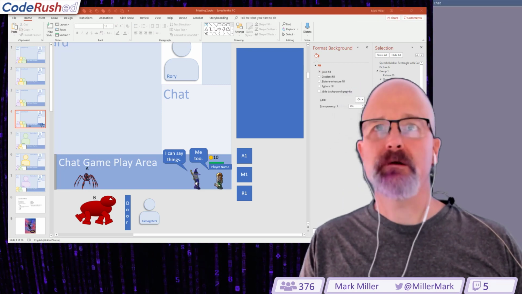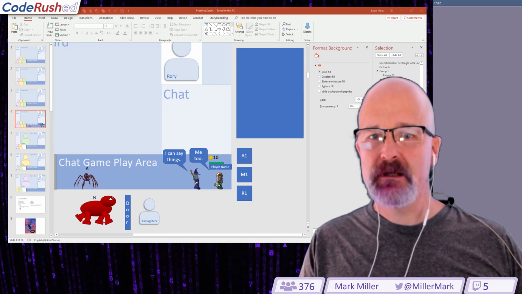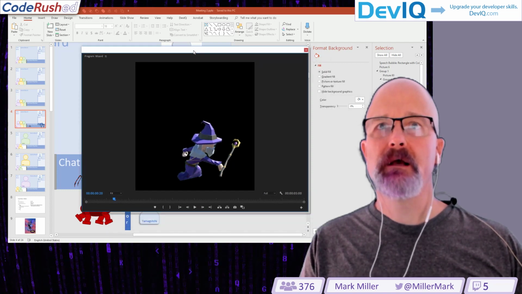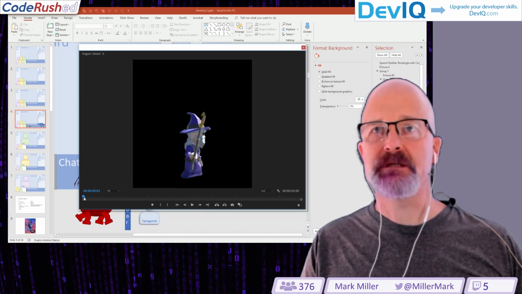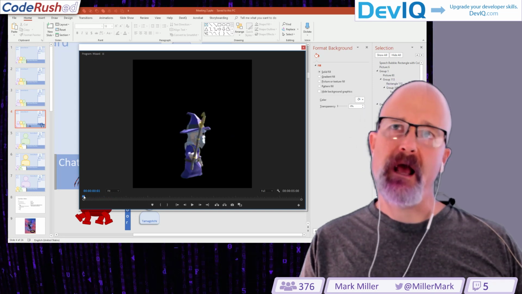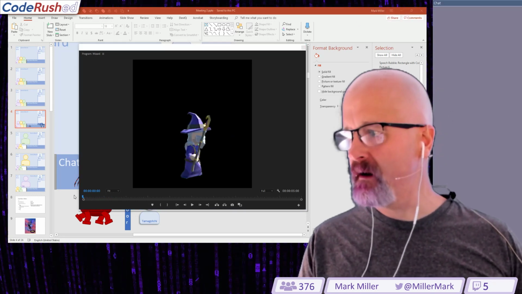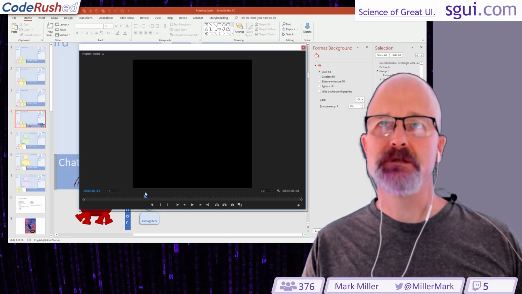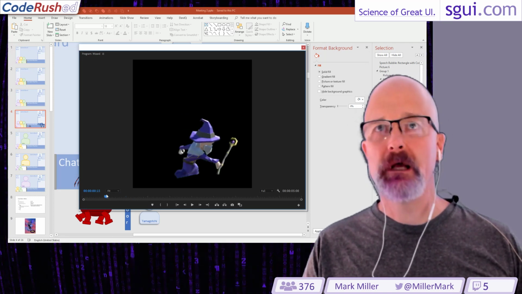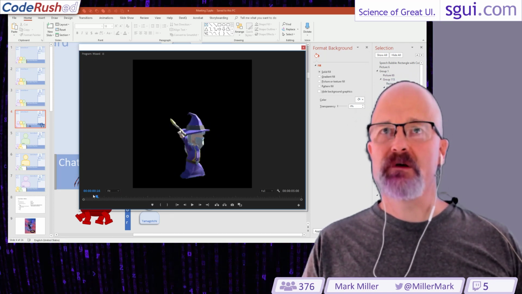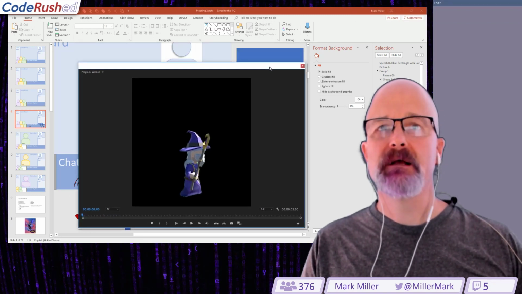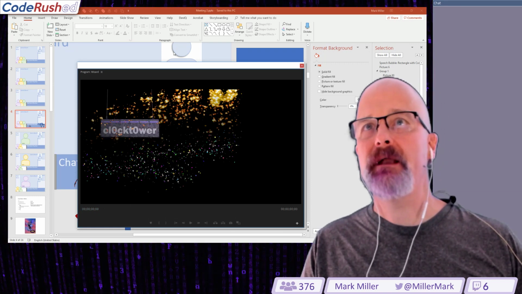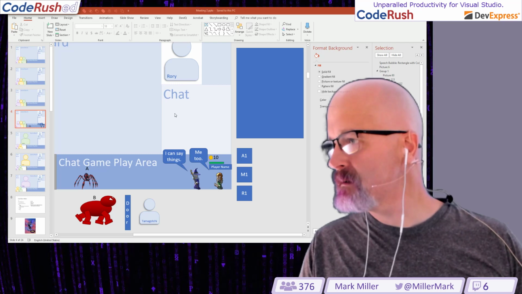One of the player types is a wizard, and the wizard looks like this, right here. One of the animations the wizard has is this, where he waves his wand, and when he does that, I want particles to come shooting out of there to make it look like a magical effect. That's the goal of what we're going to try to do today: build a particle system. And in anticipation of all of that, let's go over